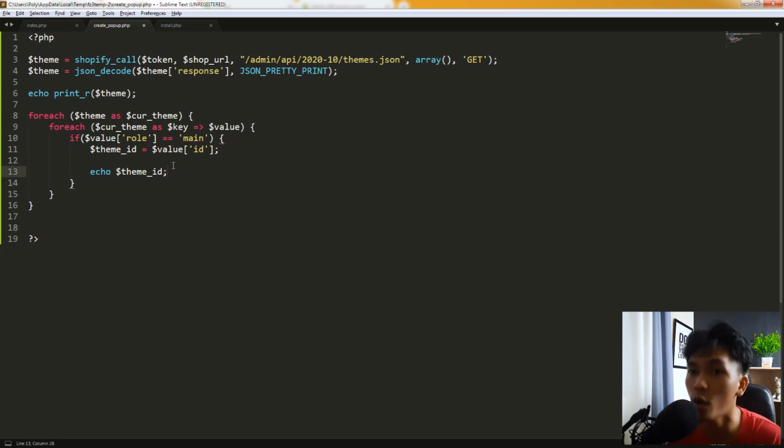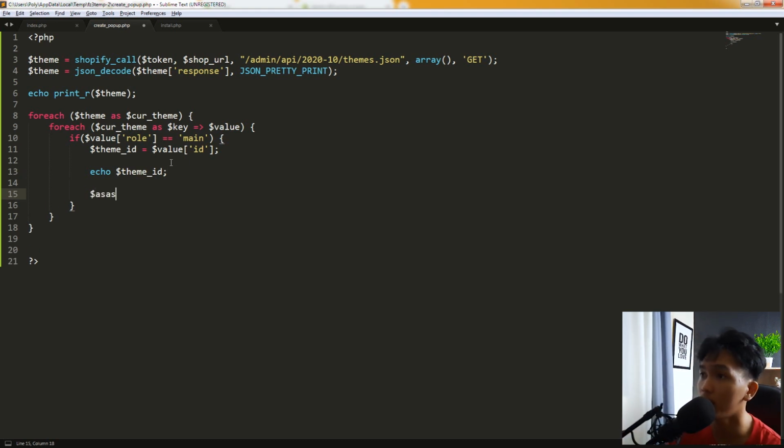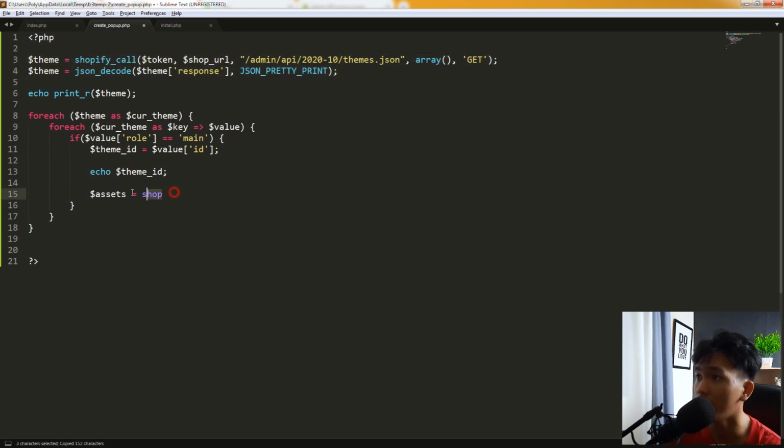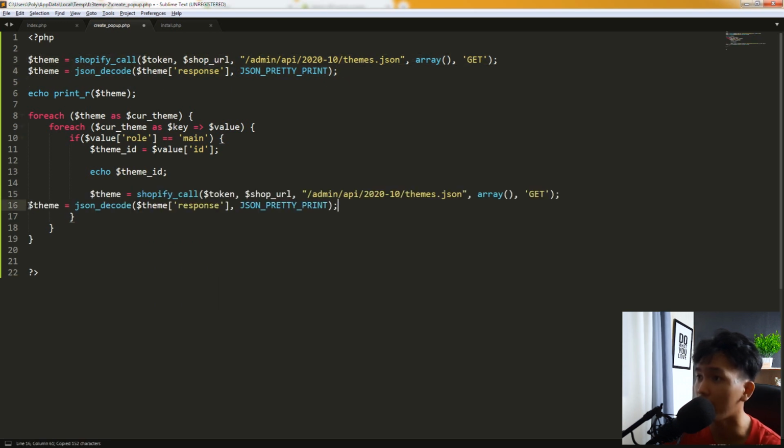All right, so the next thing we're going to do is to create the assets. So first we can just create another variable in here. It must be called assets, I guess assets, that's fine. And I'm just going to use the same function. Actually, let me just copy this instead. I don't want to waste too much time typing again and again. And then I'll just rename this to